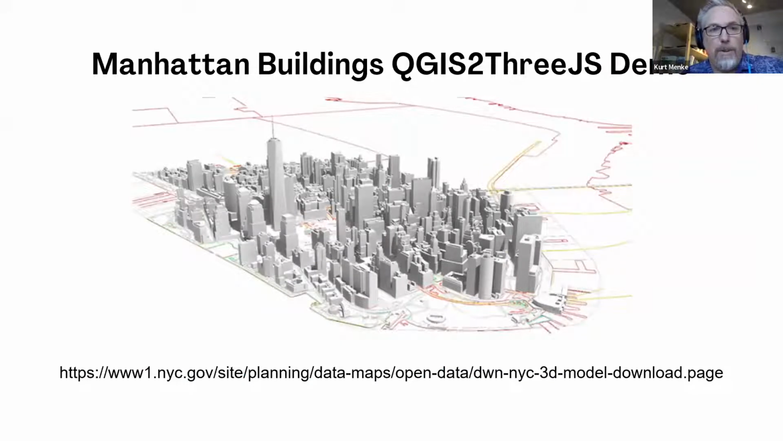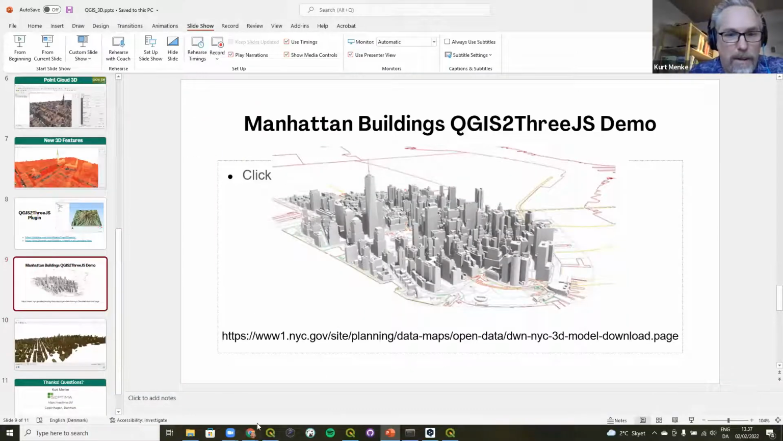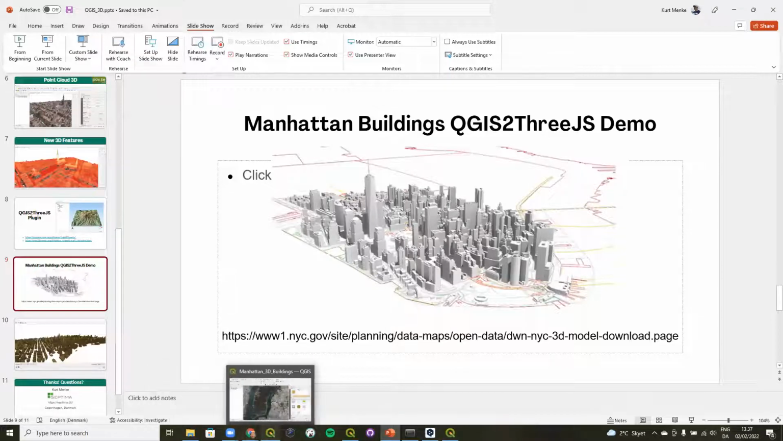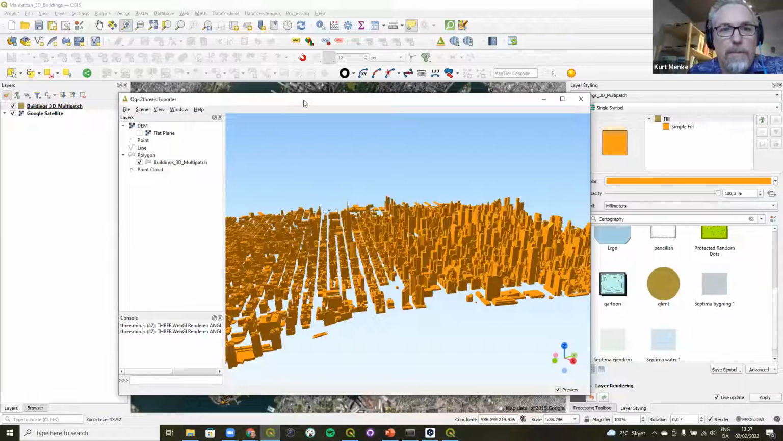So I'm going to be showing you some vector data. I have some 3D data from the buildings in Manhattan, from the New York City public data that I'm going to be showing you. So this is the data set in QGIS against a Google satellite background. It's a very large data set, and